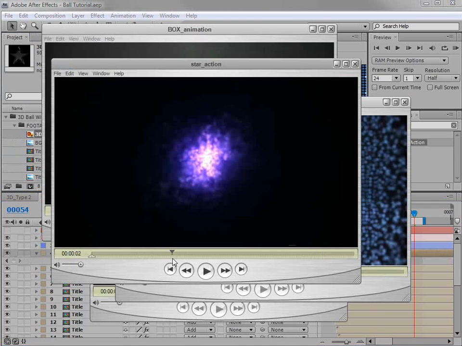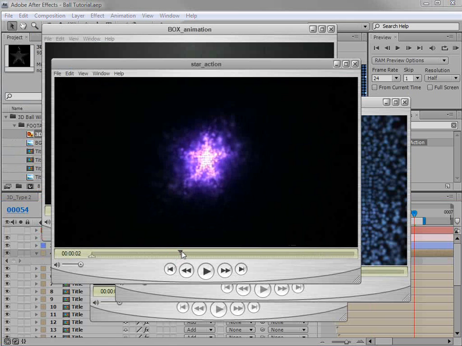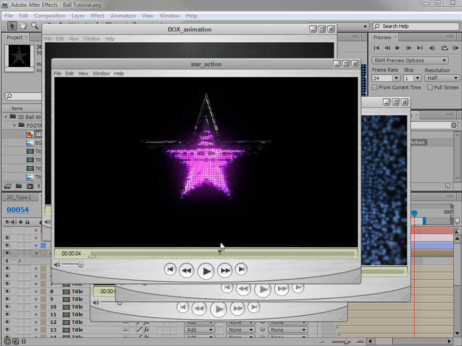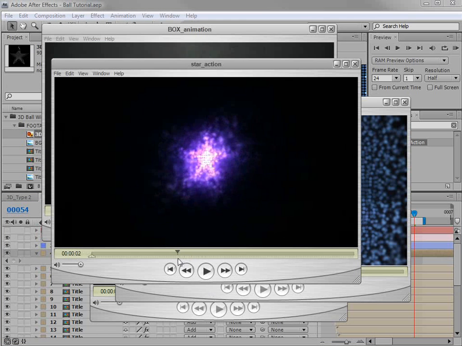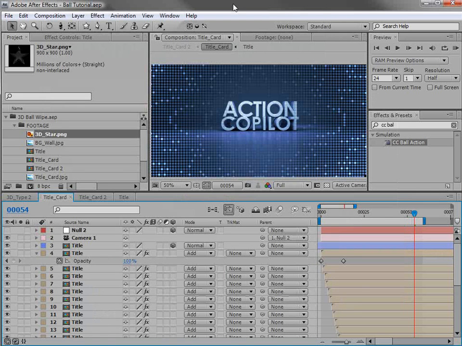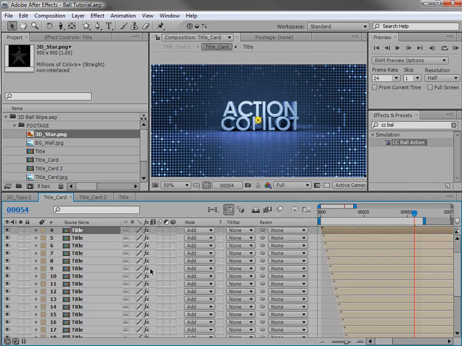Now, the one thing to think about with the star example is that I probably still used about 25 layers, but the layers only went to the size of the star. So there's a lot more time for the star to get together. Okay, so that's pretty much the idea. Now, if we want to change the effect and maybe change the way it looks, what we can do is take all of our layers,